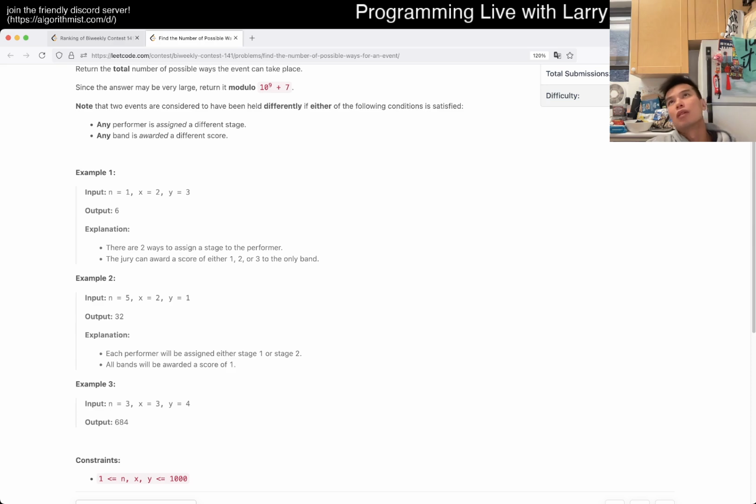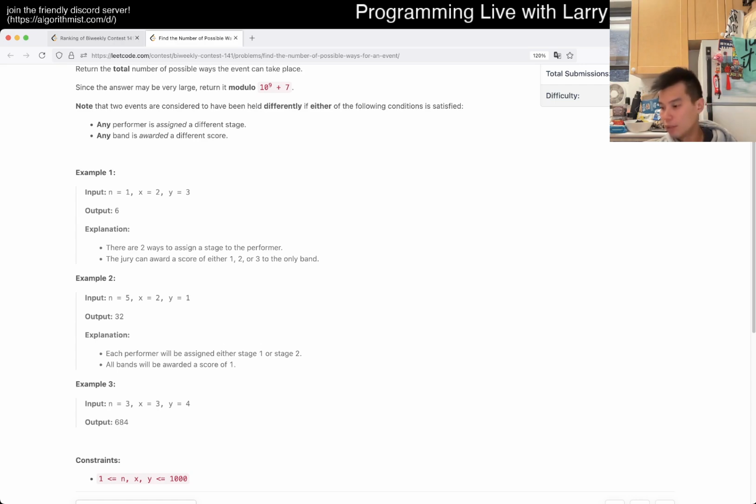So can I calculate that easier? Number of ways to be in 1. This is also a special case. How many ways are there to be in 1 group? One group is always just going to be